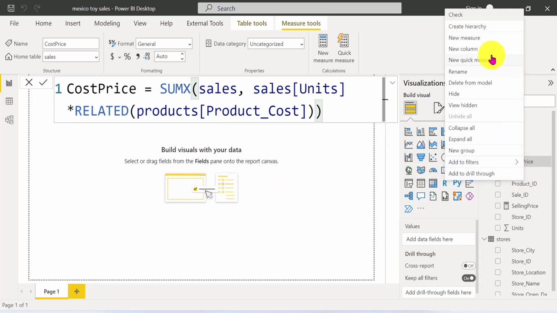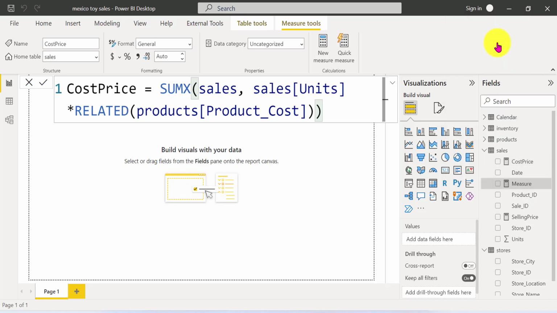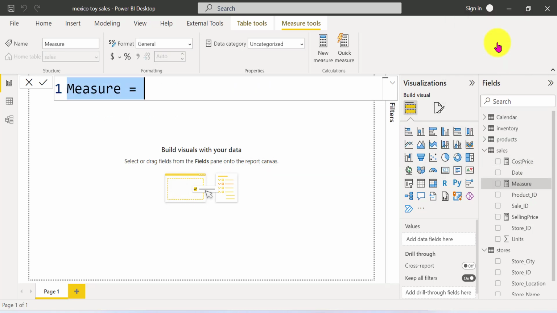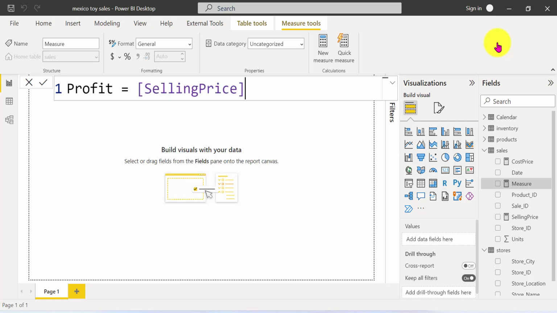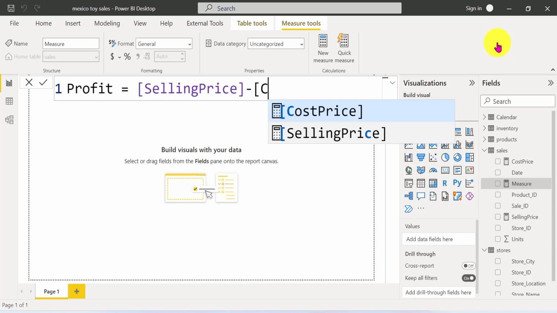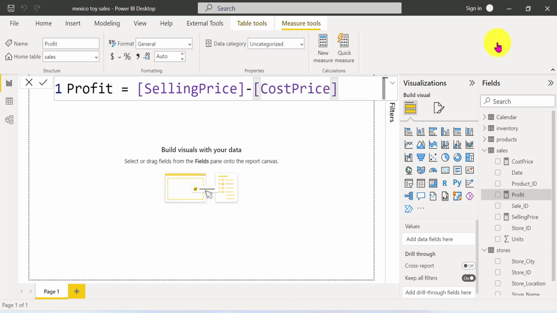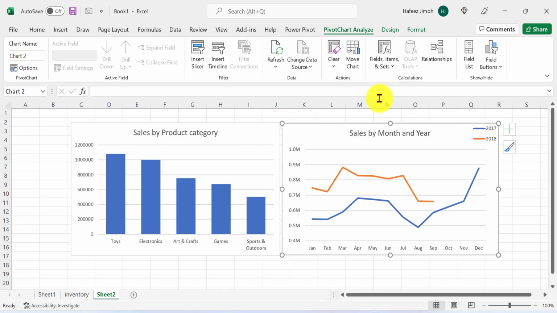And we right click again, we create a new measure and we are going to call it profit, which is basically going to be selling price minus cost price, and enter, and we have it. So now we can quickly do what we have here again, sales by month and year and sales by product